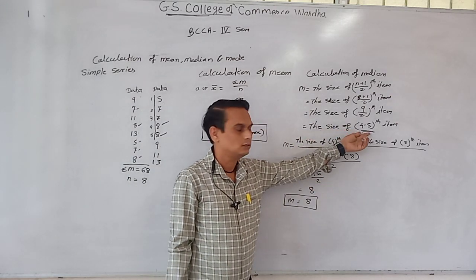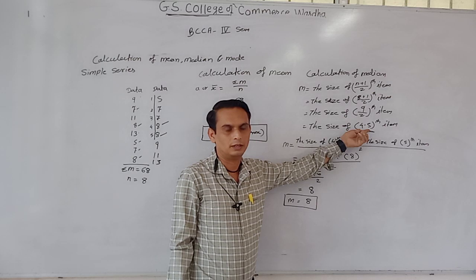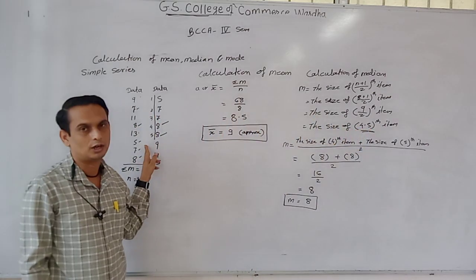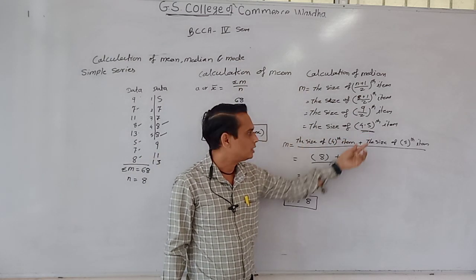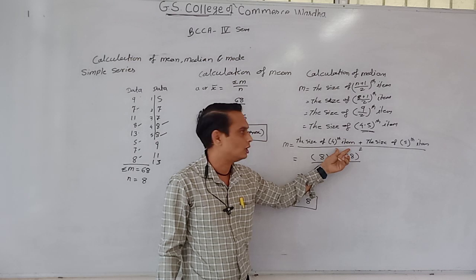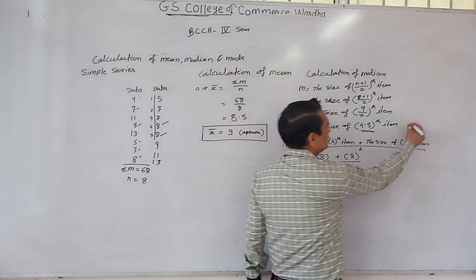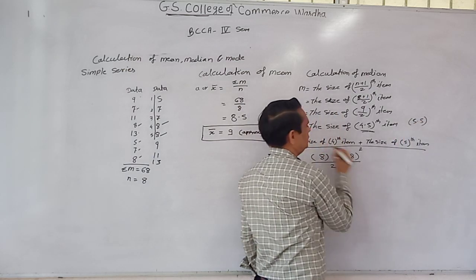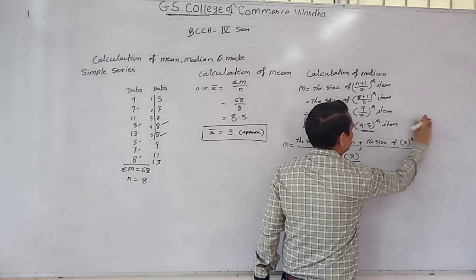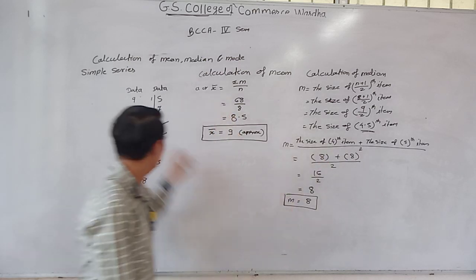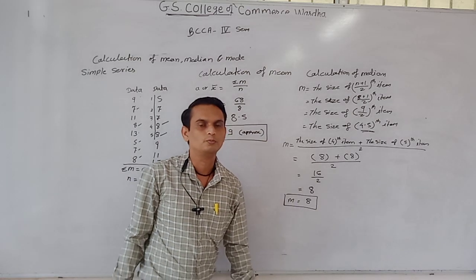When it is an integer or whole value, we count directly in ascending order. But if it is a decimal point, we have to use another formula, the fourth item plus fifth item. If it is 5.5, then we take the fifth plus sixth item. Fourth item 8, fifth item 8, divided by 2, 16. Therefore M equals 8.